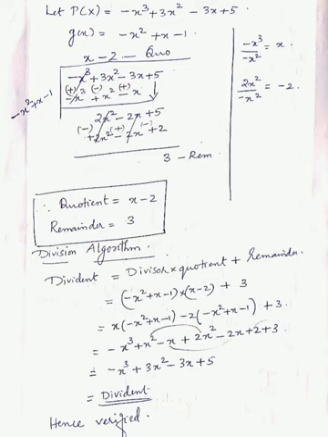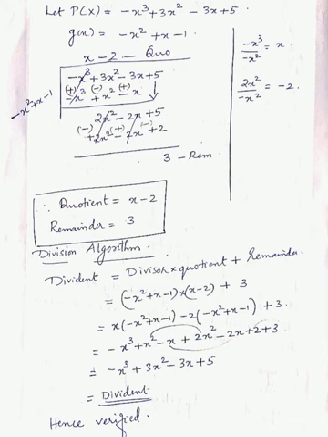Next they ask you to check this with division algorithm. So first you must write the division algorithm formula, that is dividend equal to divisor into quotient plus remainder. So polynomial multiplication already you studied in lower classes. So minus x square plus x minus 1 is our divisor. It is multiplied by our quotient x minus 2. We will get minus x cube plus x square minus x plus 2x square minus 2x plus 2. Then the remainder we are adding, plus 3.